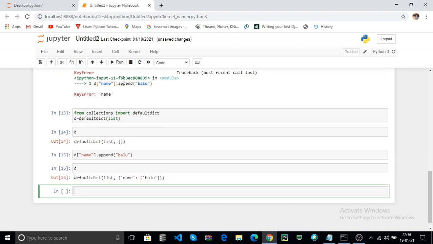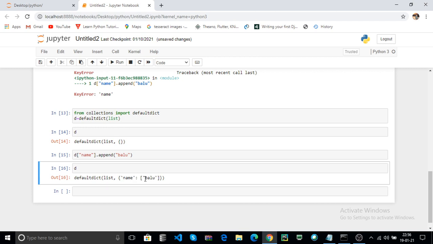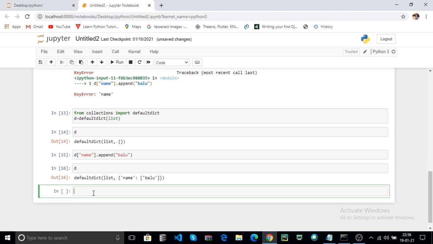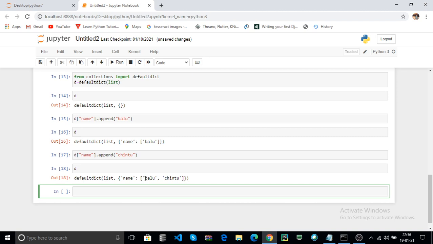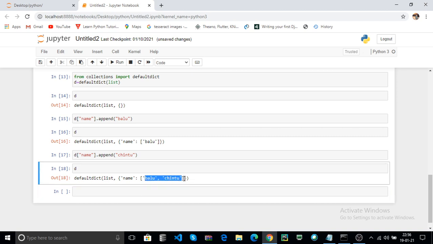Here the defaultdict contains the key as name and the value as a list. That is the only difference. You can also append another name, for example name dot append Chintu. Click on run. Print your dictionary. Here Balu and Chintu are in a list in your key.